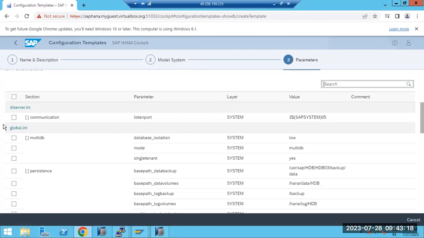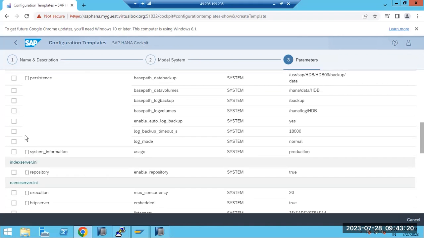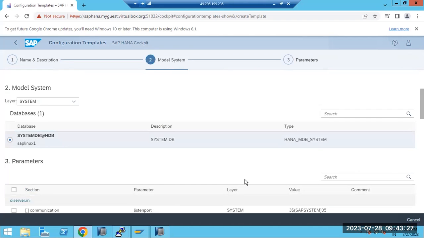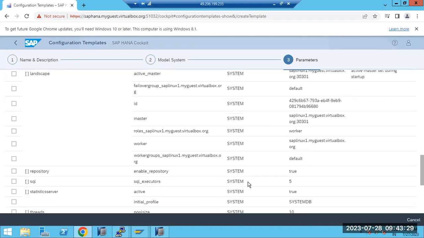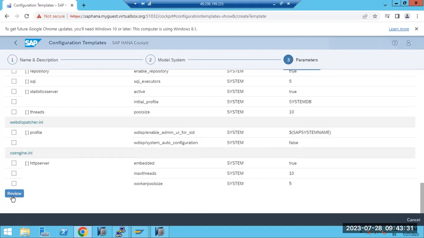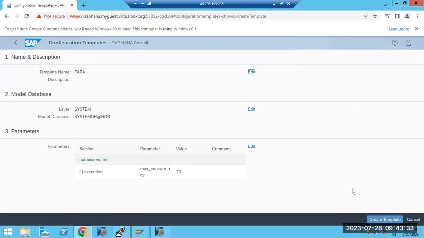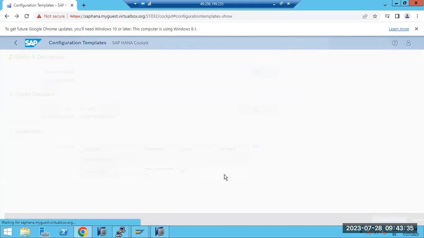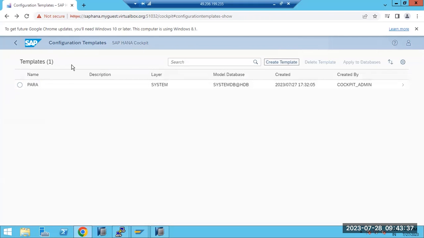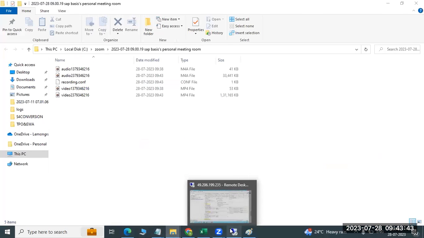Yeah. Suppose you are going to change some max concurrency value to 20. Suppose you are going to change this value, right? You have selected that value, review, then you can create the template here. Once you have created the template, then you no need to do anything manually. Suppose while changing the parameter in the HANA Studio, what you have to do,